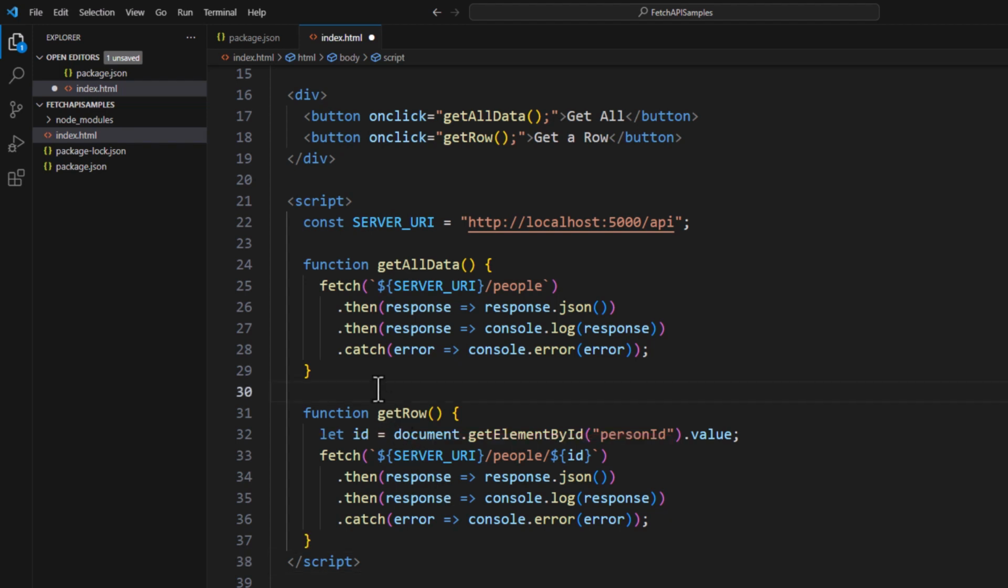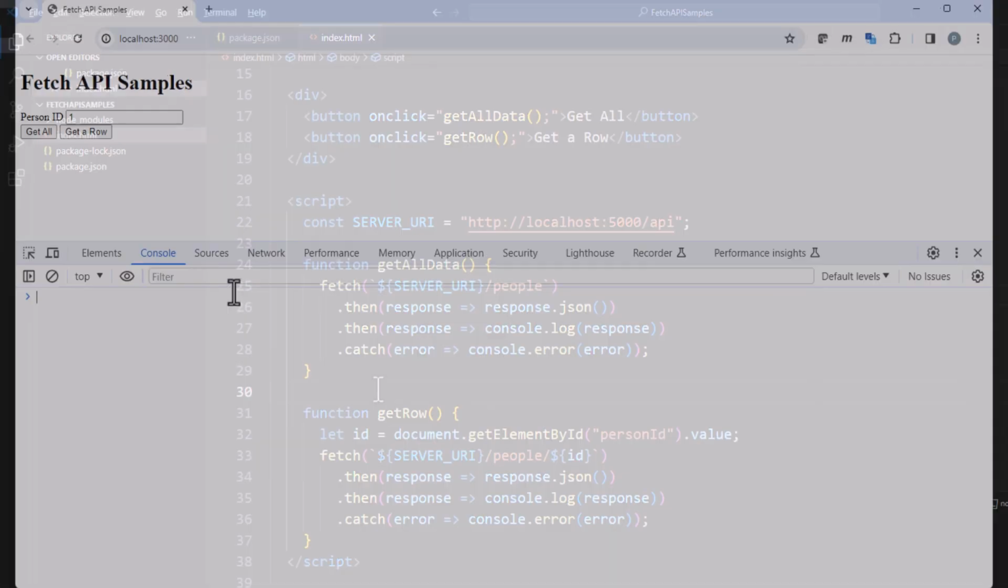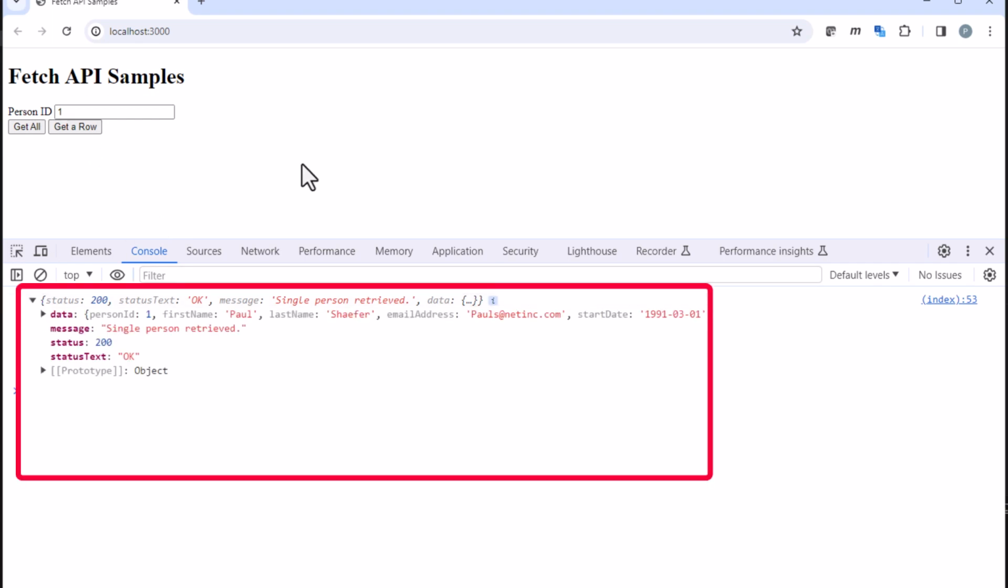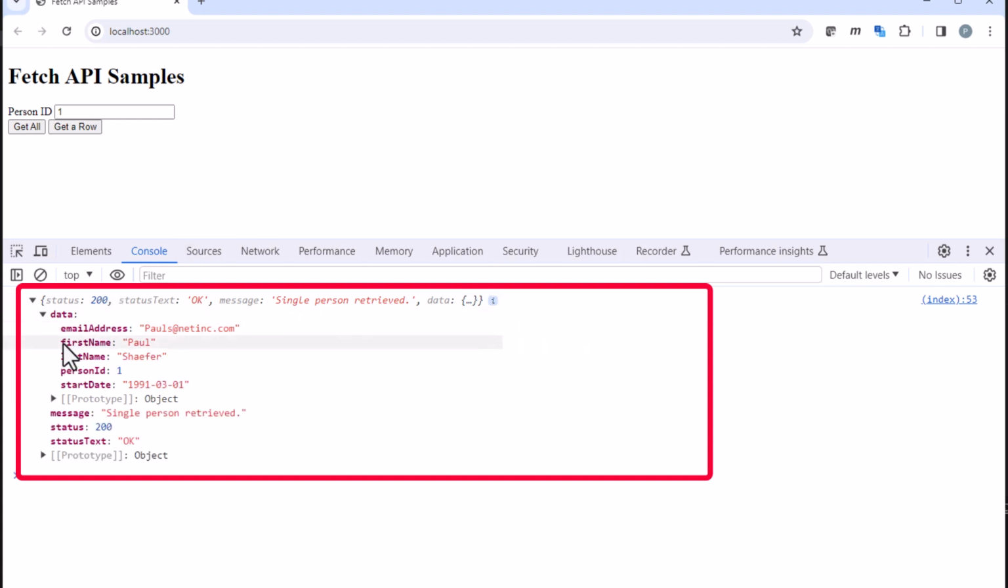All right, let's go ahead and save this. Let's go back to the browser. We see now our person ID input field. We see the getARow button. If we click on this and we've done everything okay, that object got passed back, the status 200. The status text is okay, the message single person retrieved, and then the data itself is that single person object